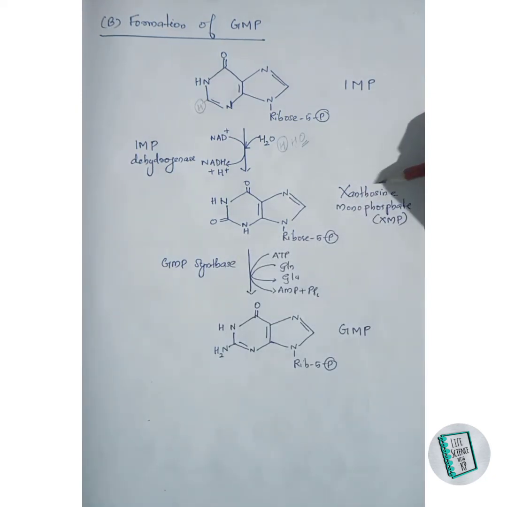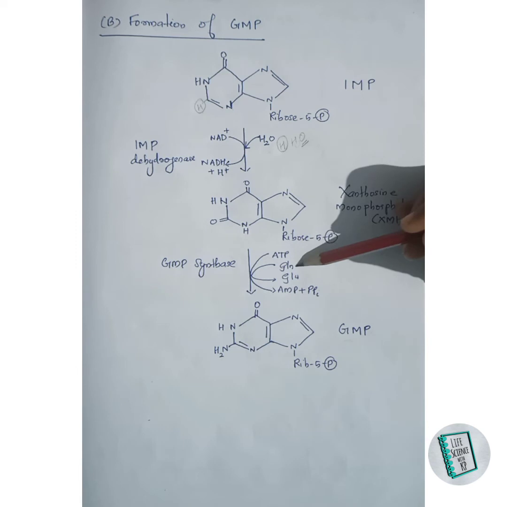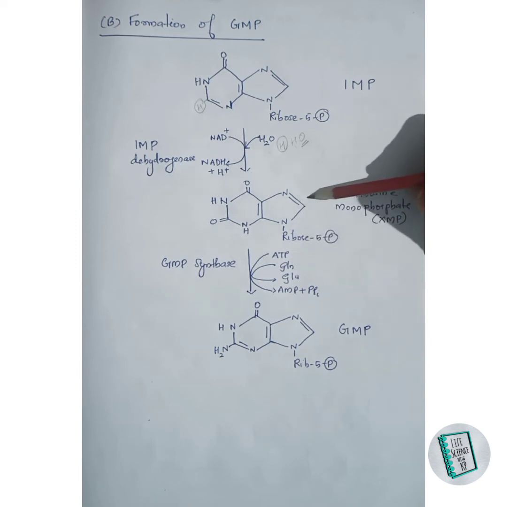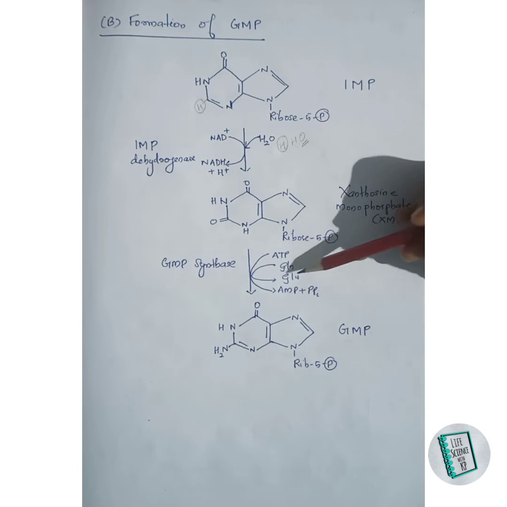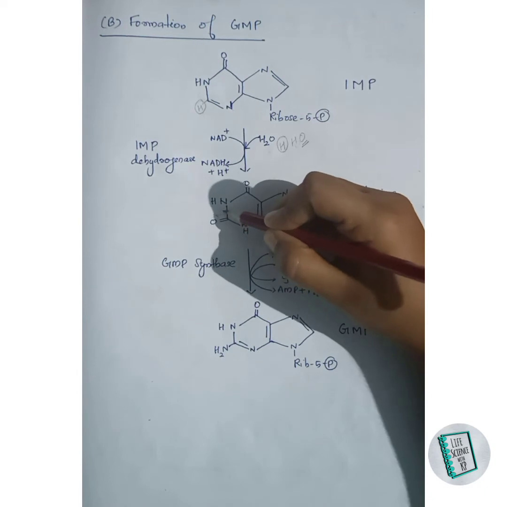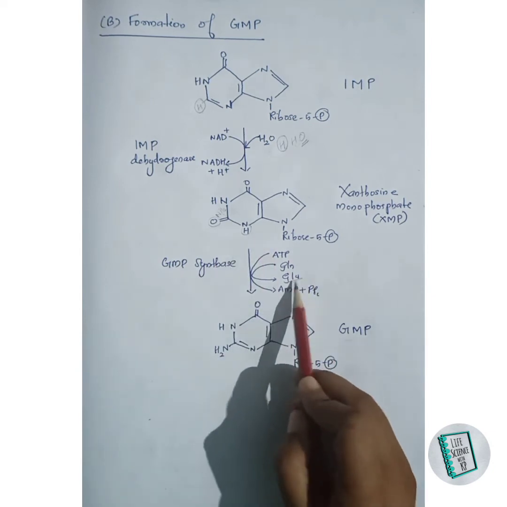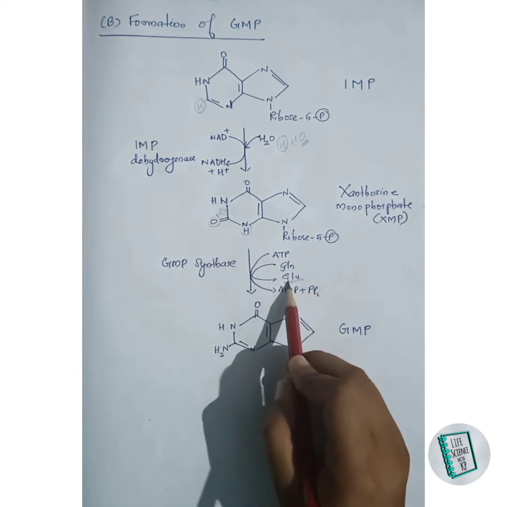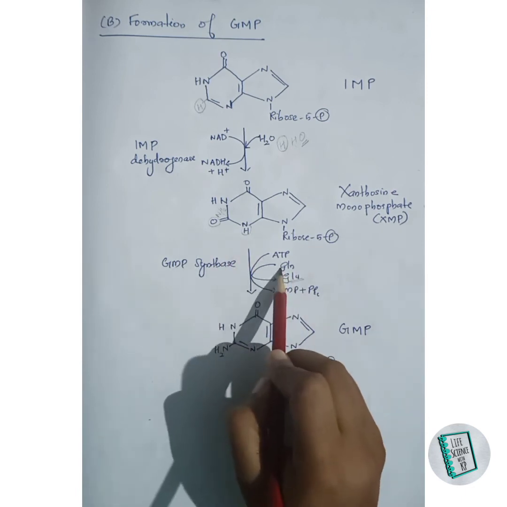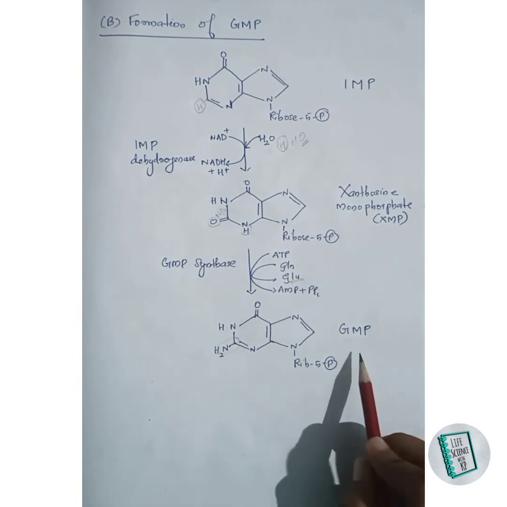This XMP then in presence of GMP synthase forms GMP. So what happens here is ATP gets hydrolyzed for the production of energy, and with this energy glutamine donates its amido group to this XMP and gets converted to glutamate. So when there is joining of NH2 to this carbon, there is removal of this oxygen and this hydrogen as OH group with this glutamate. So this OH group gets removed with this glutamate, and the NH2 of this glutamine will attach with this carbon as this bond. Thus GMP is formed.